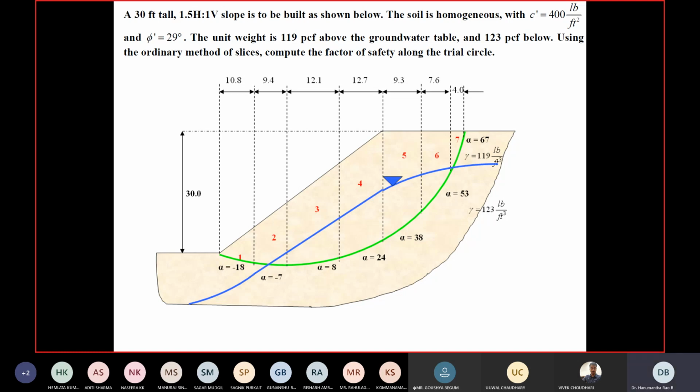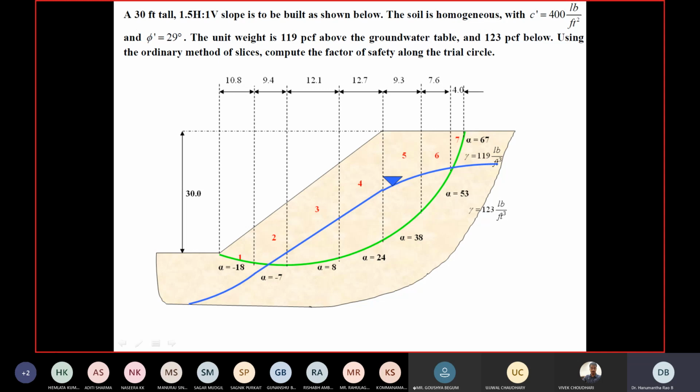See, first of all, if you look carefully, say I want to calculate the weight of slice 1. Okay. So what are the different parameters required here? Height of each slice. Exactly. So the biggest unknown factor is here. What should be the height of each slice? Okay. Width of the slice is known, but height of the slice is not known.